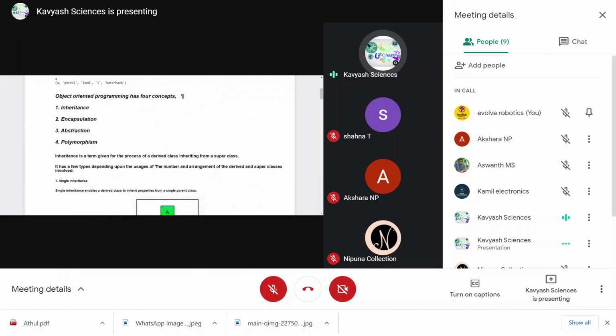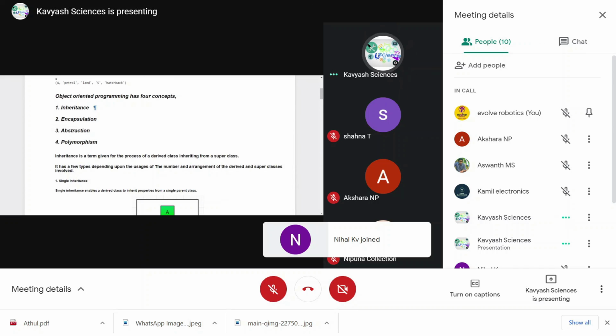Now, object-oriented programming has four concepts in general: inheritance, followed by encapsulation,